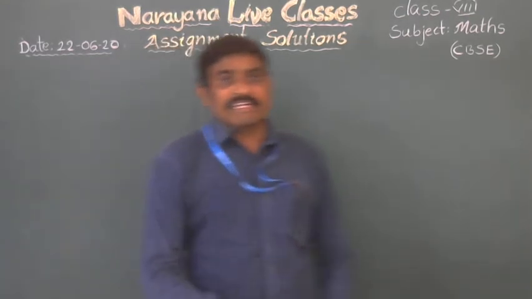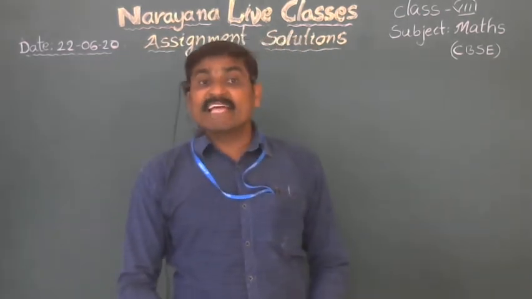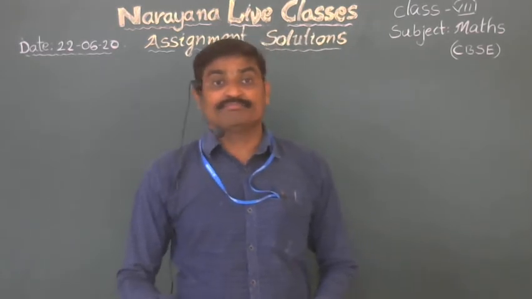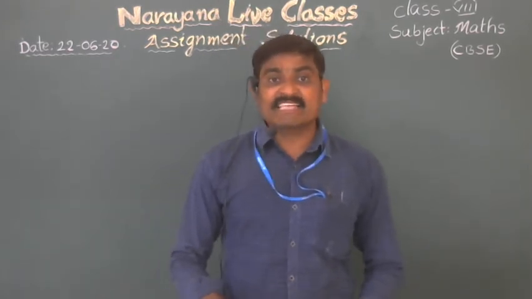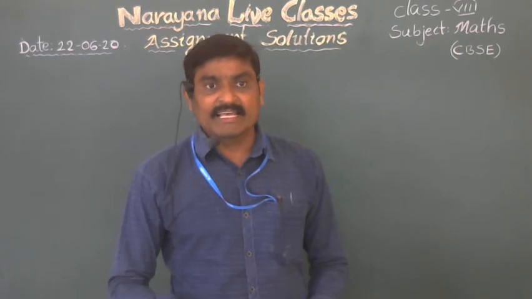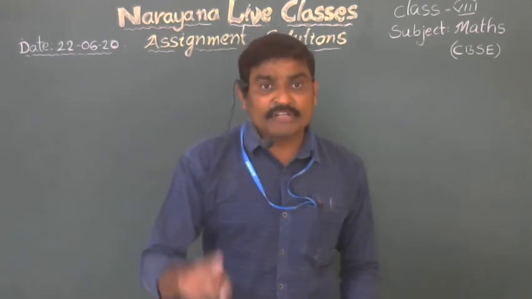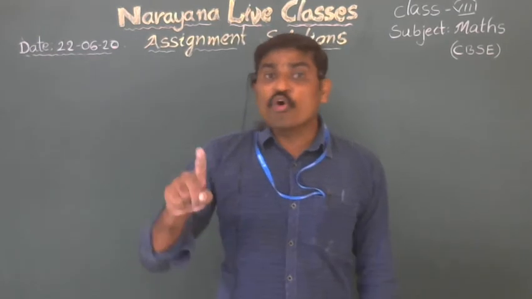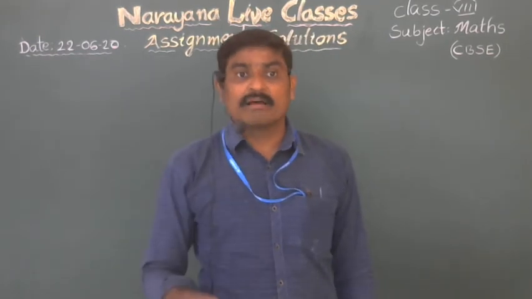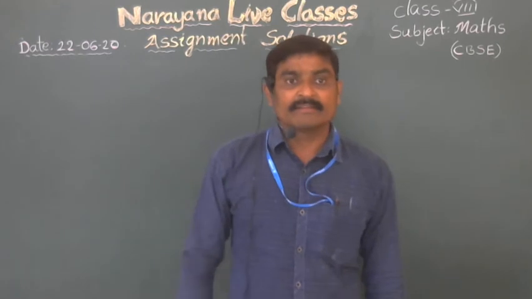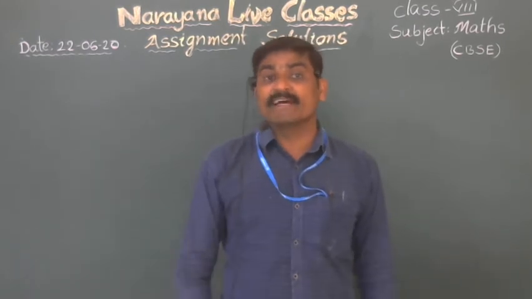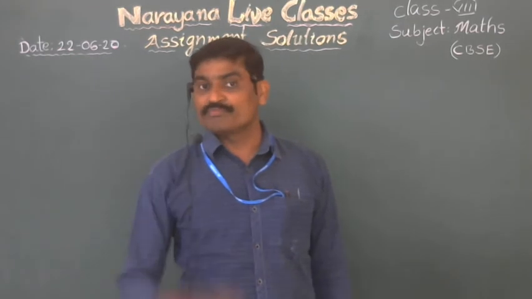Now the fourth question is, Sunita is twice as old as Ashima. If 6 years is subtracted from Ashima's age and 4 years added to Sunita's age, then Sunita will be 4 times Ashima's age. How old were they 2 years ago? Here we need to find their ages 2 years ago.